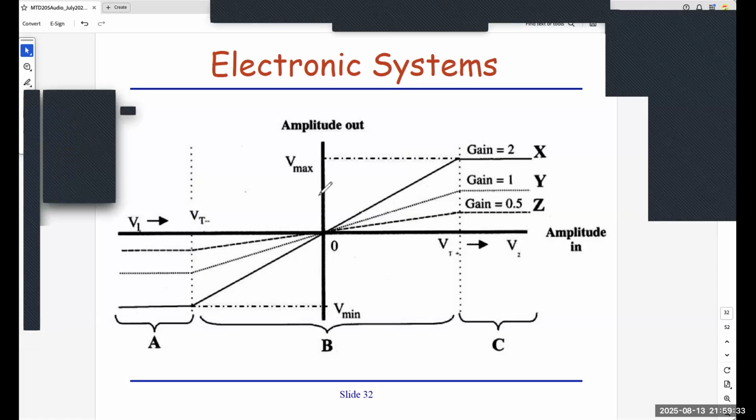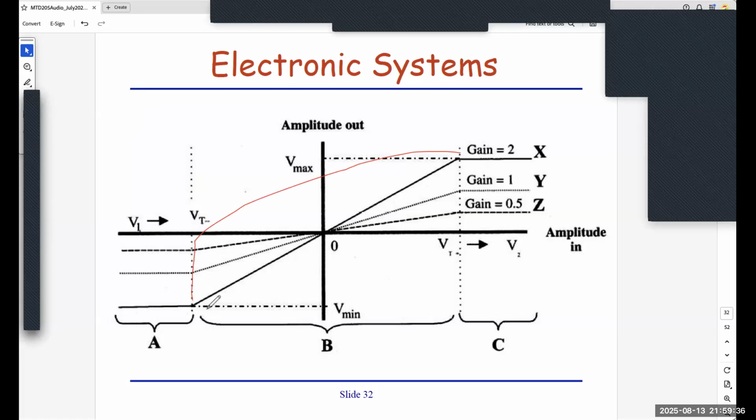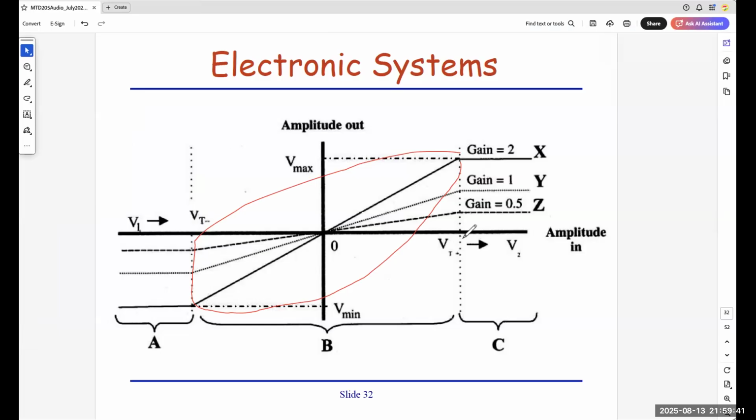Give me a while. Just now I mentioned the linear system means your system must be operating in here. For example, my input is a certain value, goes through this linear system, and gives you a gain of 2. So for example, my input is 2 volt. If I go to this gain here, which is 2, the output here should be 4. So it depends on the gain. For example, your voice, you turn on your volume. Say I go to gain equals 1, it means input and output are the same. I input 2 volt, output also 2 volt. So this means the volume control has no amplification.